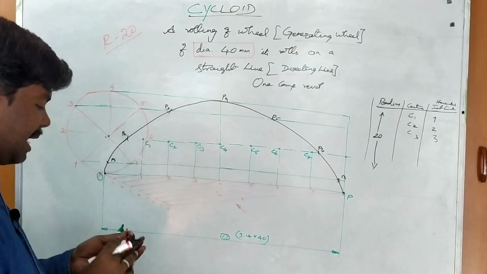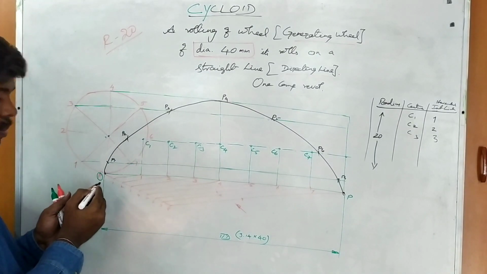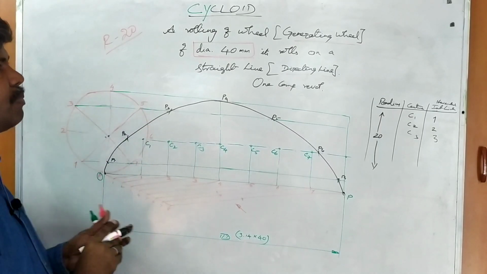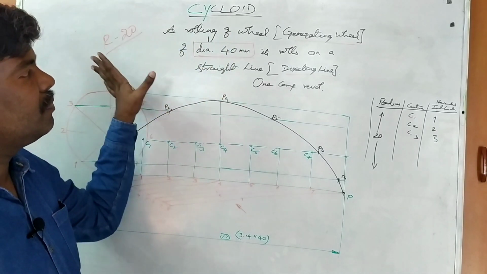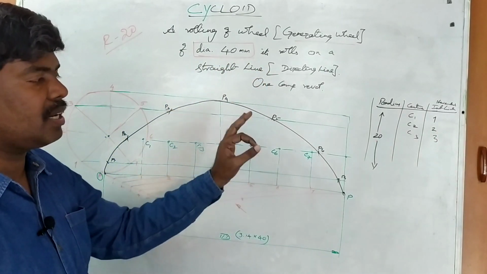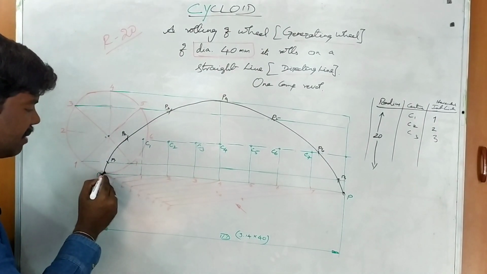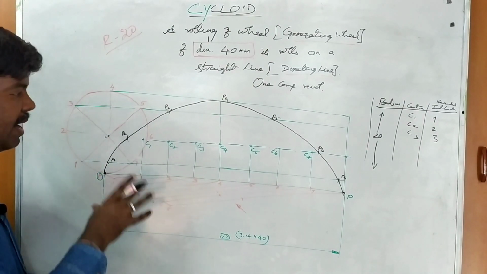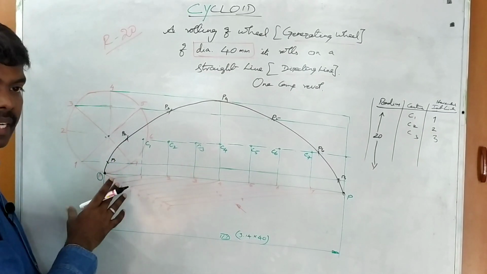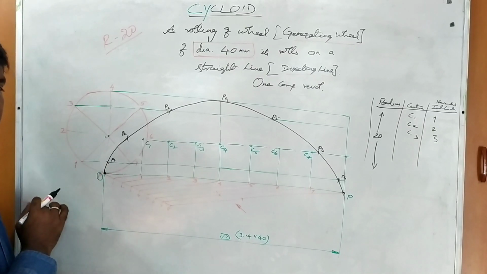Sometimes we get a doubt: why is the starting point P considered here? Why can't we take here or here or here, anywhere? In the problem, a rolling wheel of some size rolls on a straight line for one complete revolution, draw the cycloidal curve; that means by default, let us consider the starting point P initially on the road, where the wheel and the straight line are in contact. That point you consider by default as point P here.